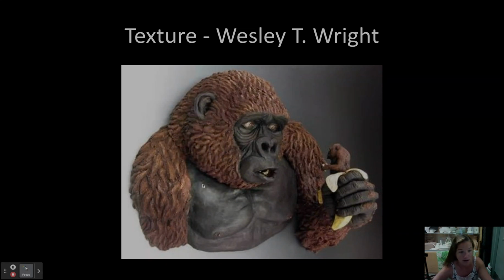created for the fur and does a really nice job of sort of piecing out the individual tufts of hair and then adding texture on top of those, which I'm always obsessed with. Like, how can we get more texture and play with texture in your process, in your pieces? So texture is one of the elements we're talking about here. We could also talk about color. We could talk about lines. We could talk about space, all those things, like I said, but I'm trying to specifically talk about one element